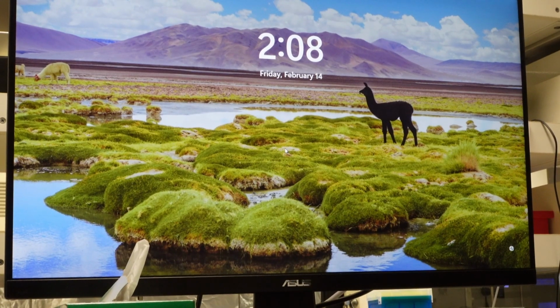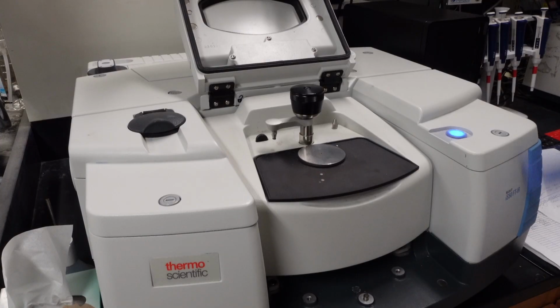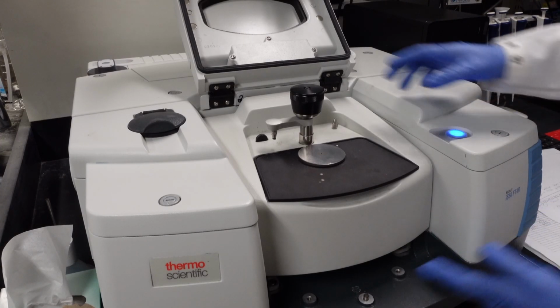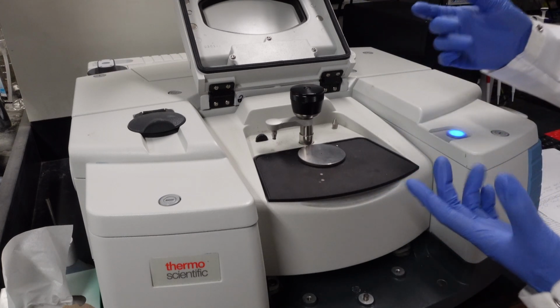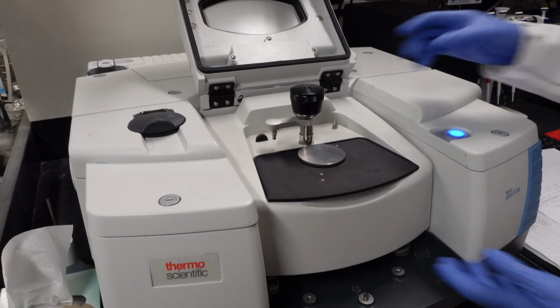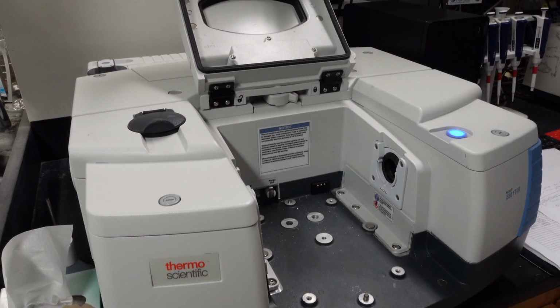Okay, so the first thing we'll do is log in. The password for this computer is capital FTIR. This is our setup for the ATR mode. If you want to switch it, like if you're running something that's on a glass slide, you can lift it up and it slides right out, and there's little attachments